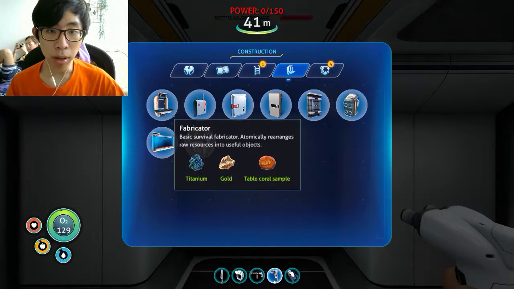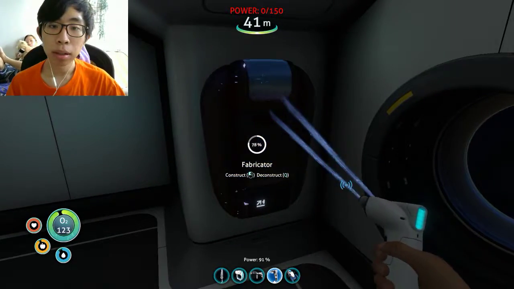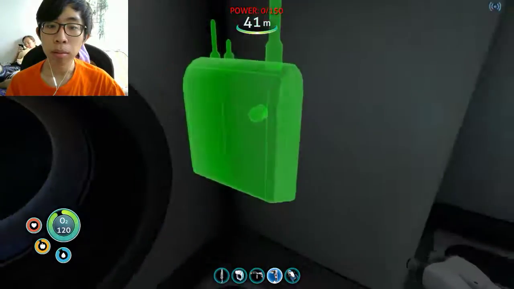Okay, we want to have a fabricator right here. You don't have any power in here. Yeah, well, we don't, but...